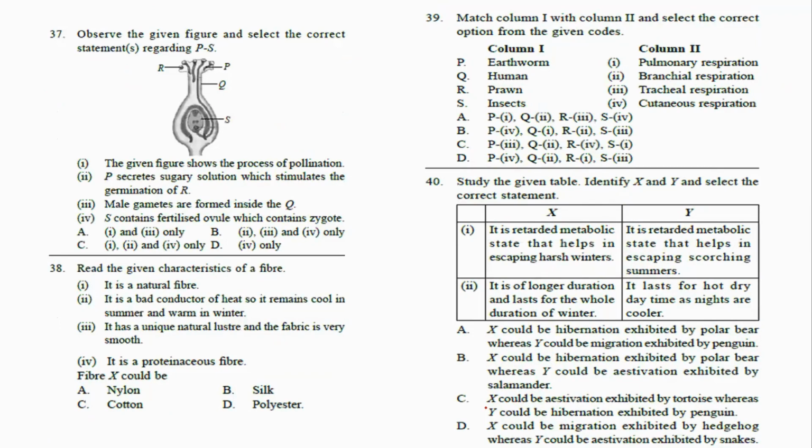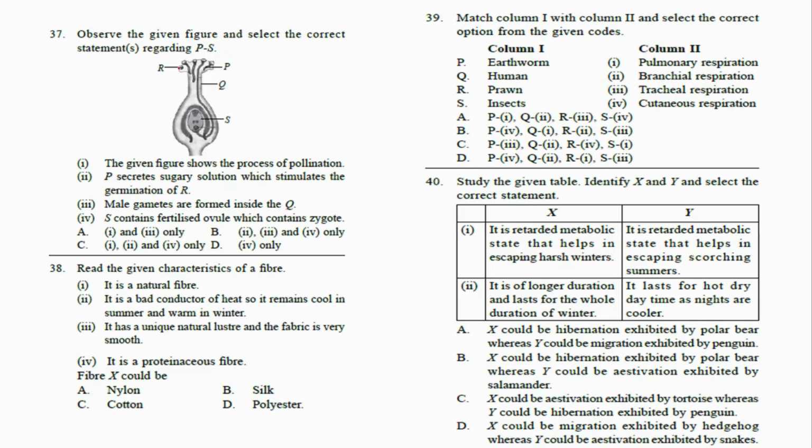We come to question number 37. So here, this question is about the reproductive part of the plants, of the flower, right? So let's see. First, we will identify what this labeling here is, right? So what is P? P, you can see the